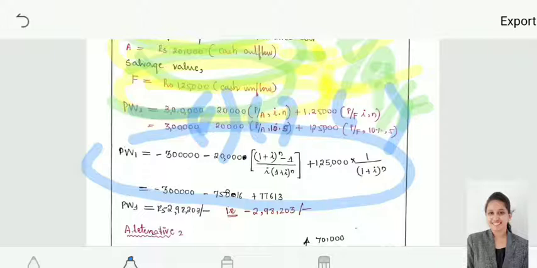Now considering this, see here how I have solved. So this present worth is equal to minus 3 lakh rupees. Why am I using the term minus? Because it is the cash outflow. There is no factor to be multiplied, I am repeating, because it is the present worth. Present to present, it becomes 1, so the multiplying factor is 1. Minus 20,000, what will be the multiplying factor? It is present worth to the annual amount, that is P by A, i comma n, and the formula is (1 plus i) raised to n minus 1 divided by i times (1 plus i) raised to n, plus 1,25,000 rupees, and the factor is 1 divided by (1 plus i) raised to n.